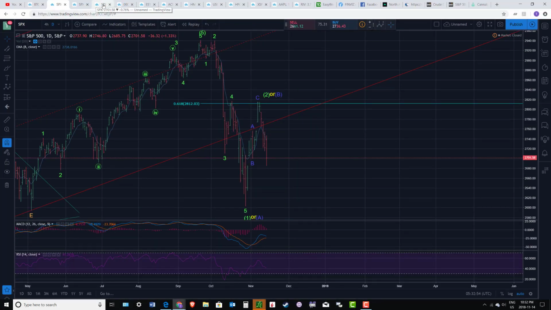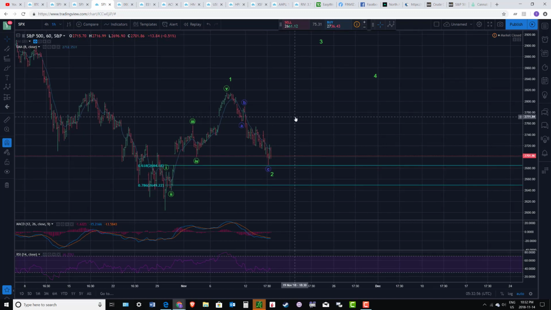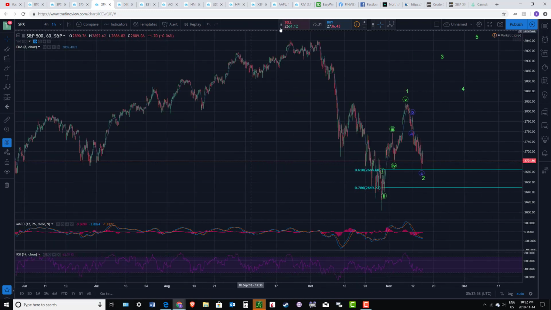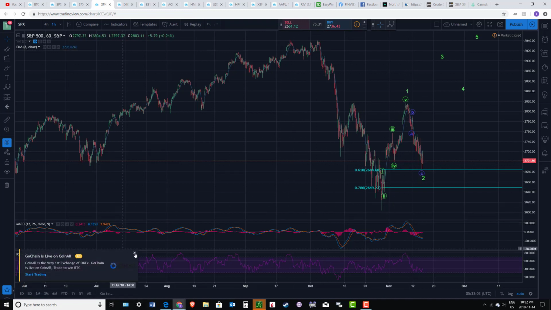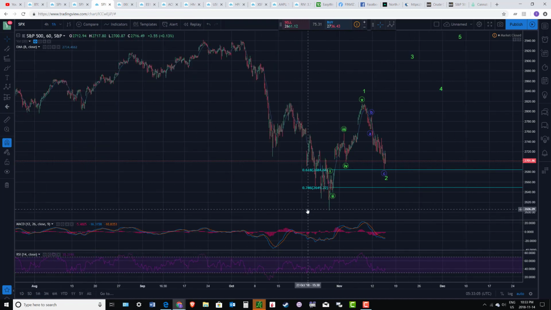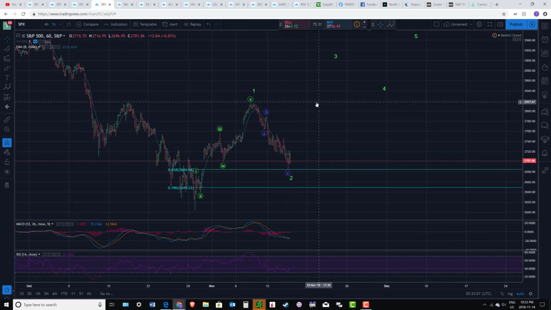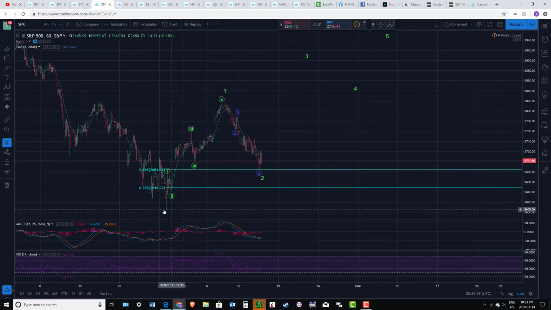Now, just to be the devil's advocate, if I was just to ignore this whole decline that we had, and the fact that it counts nicely as 5 waves and broke multiple support levels and all that, if I just ignore that completely and say, hey, we're just starting a new trend right here, we got 1, 2, 3, 4, 5 up for 1. By the way, this is a very poor way of counting 5 up. In fact, on my other count, we actually have an ABC up, 5, 3, 5. But let's just pretend I'm forcing it. 1, 2, 3, 4, 5 up for 1.